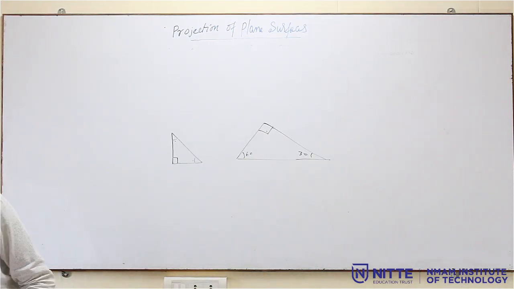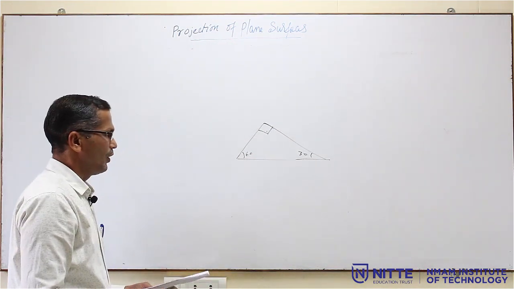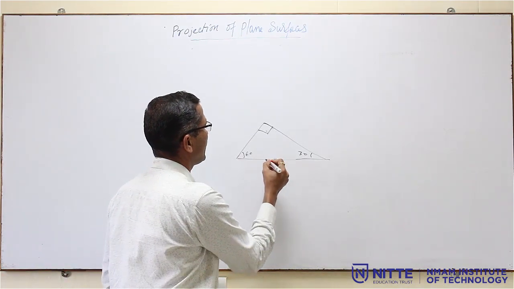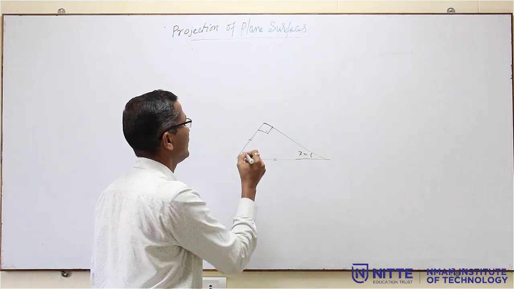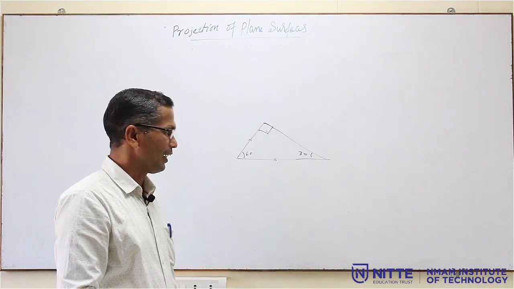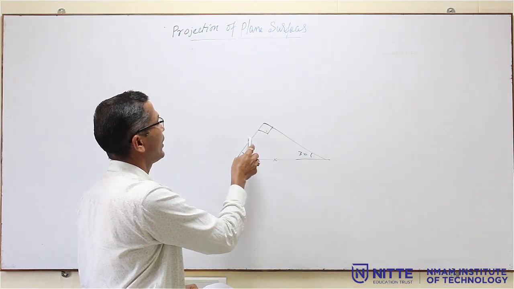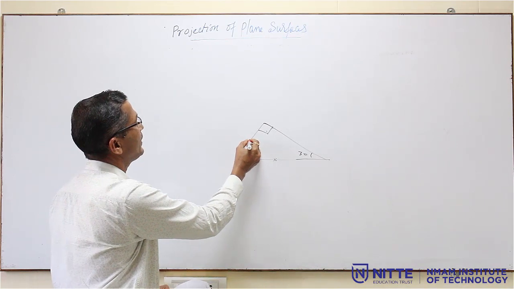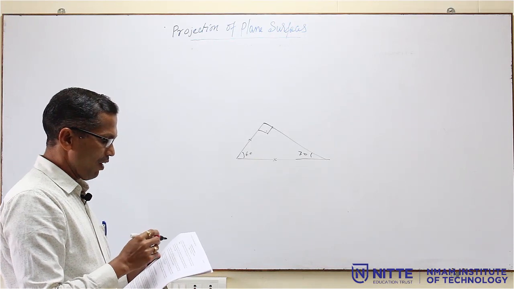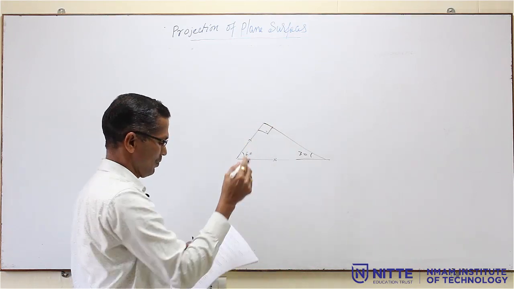Now, this is a set square in which the angles are 30-60, so we call it a 30-60 set square. In this set square there will be two sides, one called the longer side and the other called the shorter side. Normally, the side opposite to the largest angle will be the longest side, and the side opposite to the smallest angle will be the shortest. Here this is the shortest side and this is the longest side. In this problem, a set square of 30 mm shortest side, that means this length is given as 30 mm,